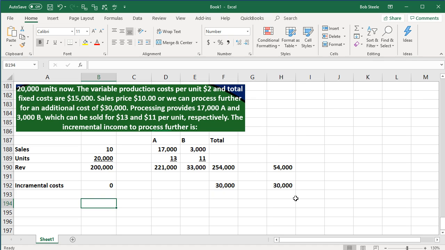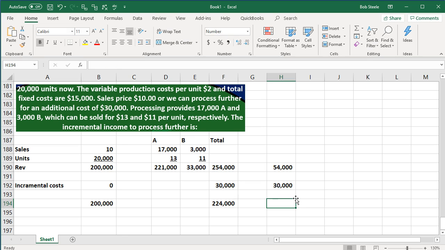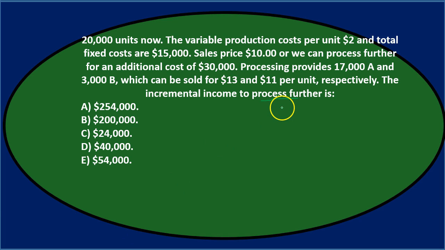So if we stopped where we're at here, we're at 200,000. If we process further, we're at the 224, and the difference being 24,000. So here's where we would be if we were just to sell them now. Here's us processing them further, and here's going to be the difference at the 24,000. This is the one we're looking for because we're looking for the